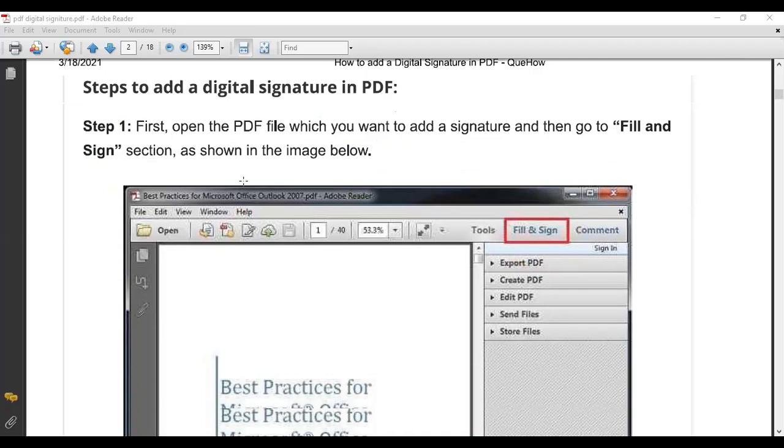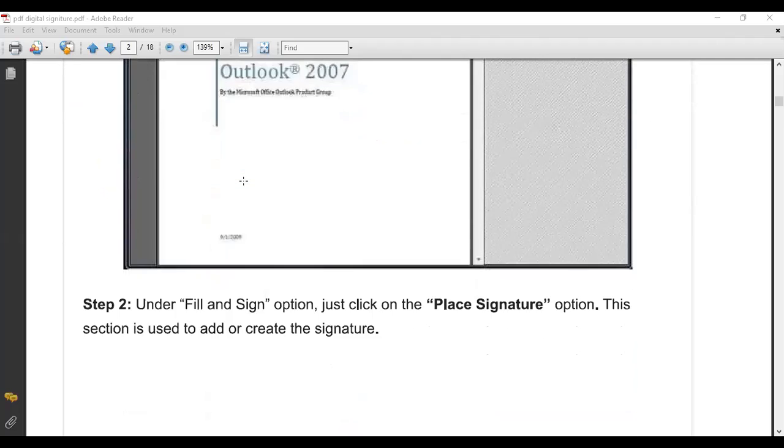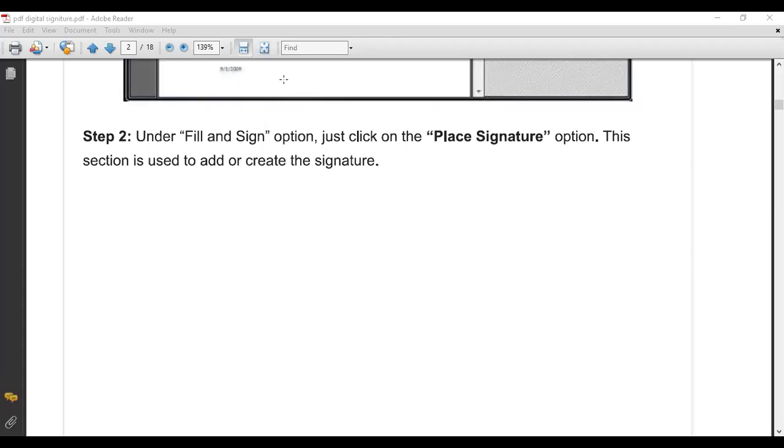Once you go over here, I will show you one practice. What is the next step? Step two: under the Fill and Sign option, click on the place signature option. This section is used to create a signature.